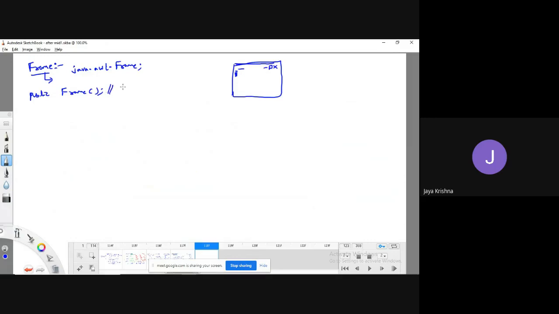It creates a frame without any title. There is another constructor, public Frame, where I pass a String title. It creates a frame with a title.